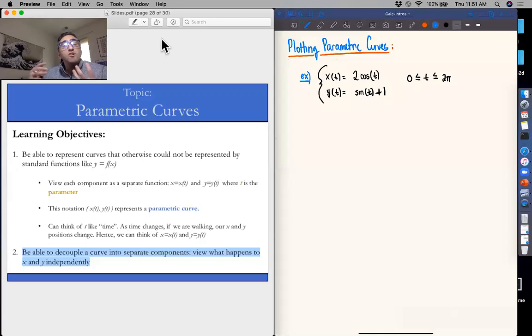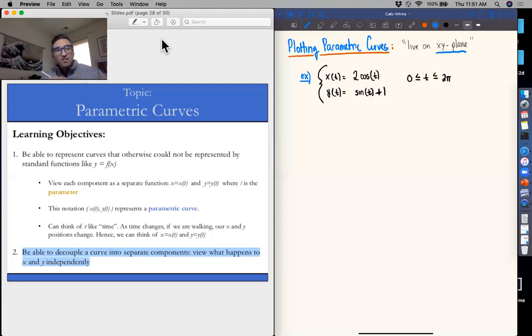All right, in this video, we're going to practice plotting parametric curves point by point, just like we did many years ago when we learned how to plot functions themselves. I want to emphasize right off the bat that parametric curves live on the XY plane. So that's where we're going to plot these, on the XY plane itself,